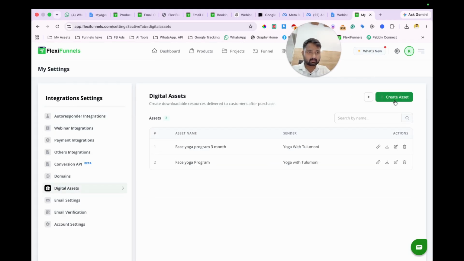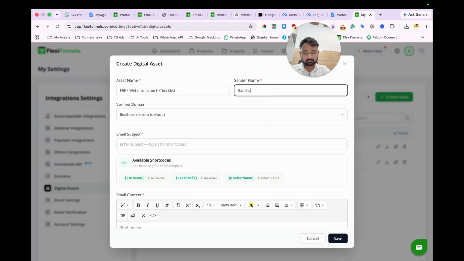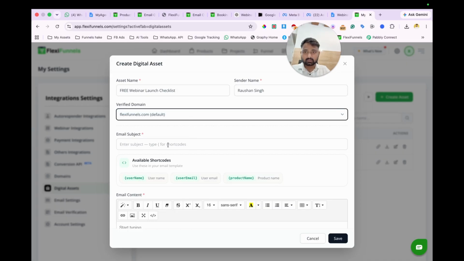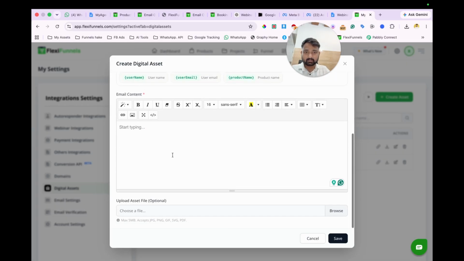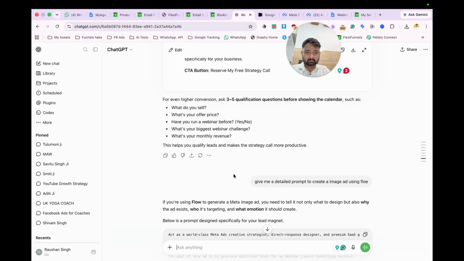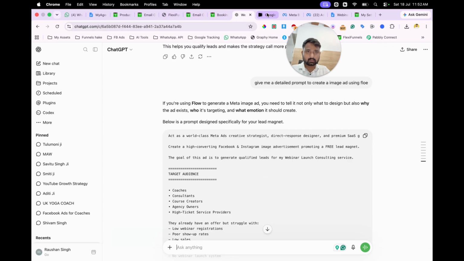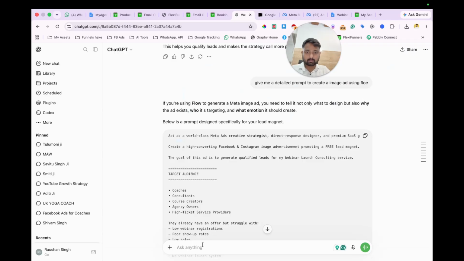For assets, click on Flexi Funnel, click on the settings icon, and go to digital assets, create assets. Sender name is Raushan Singh, and Flexi domain is default. Email subject, these things I can write. Oh, we already get the